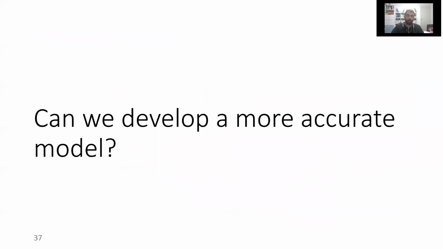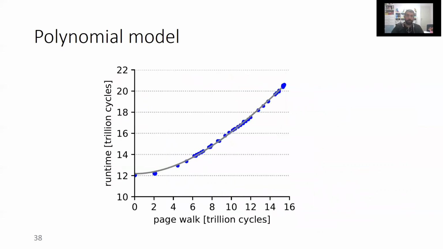So now that we know that the previous models are not as accurate as we hoped, the question is, can we do better? Thanks to Mosalloc, the answer is yes. The first step is to fit the new model against all the data points we have, in contrast to the previous models, which used only 2 points and were therefore linear by design. As we saw previously, the runtime pattern of some workloads behaves like a nonlinear polynomial function of the TLB metric. Our experiments taught us that a polynomial degree of 3 is flexible enough to accurately capture the behavior of all the benchmarks.